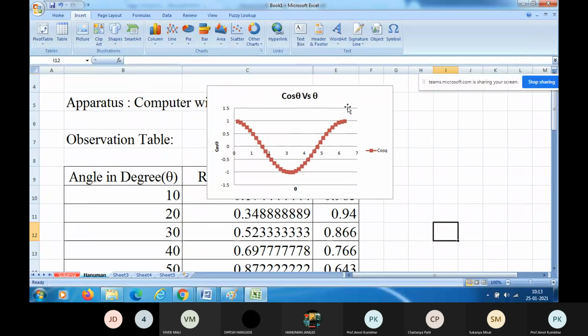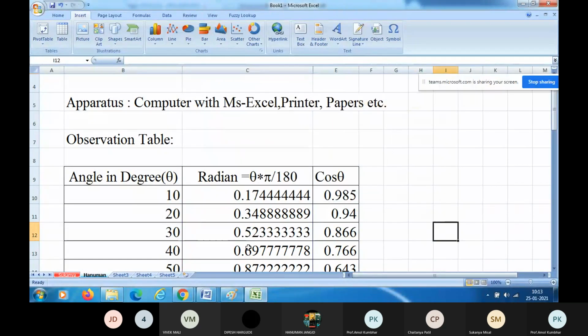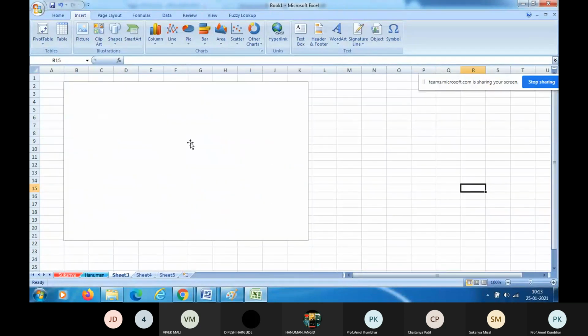Once again, don't keep that graph on this active worksheet. Cut that graph from that worksheet. Go to the sheet number 3 where we have already one graph. Now this graph is for sin theta, but why is it absent? Because we have hidden that sin theta value. That's why it does not appear on this sheet number 3, right? Why is it not visible? Because we have hidden the sin theta values, because of that.